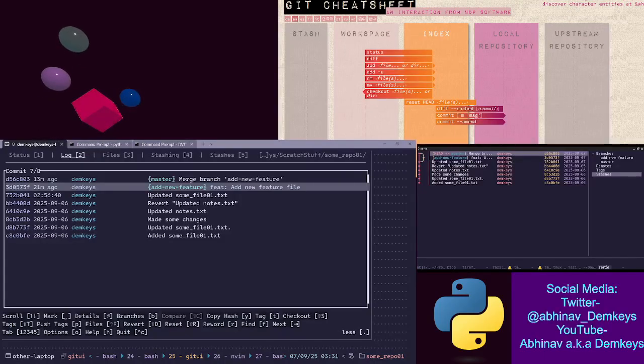You're just merging it into main branch. So you've made a change in main branch. You haven't made a change in add new feature branch. So I wonder if you can still commit to